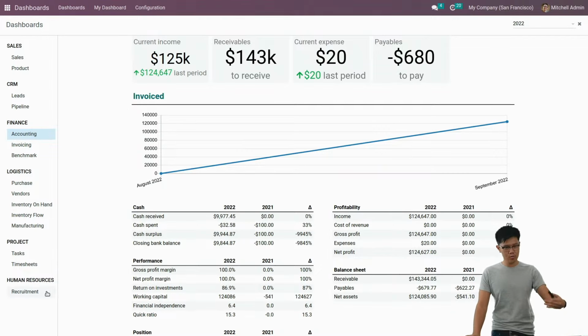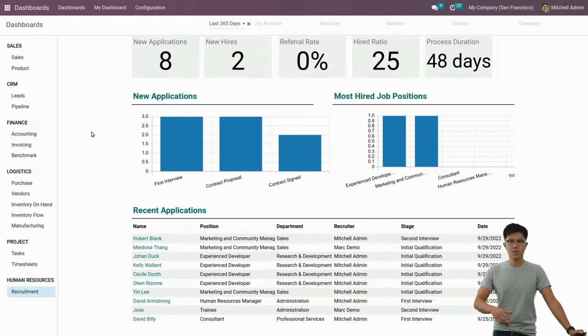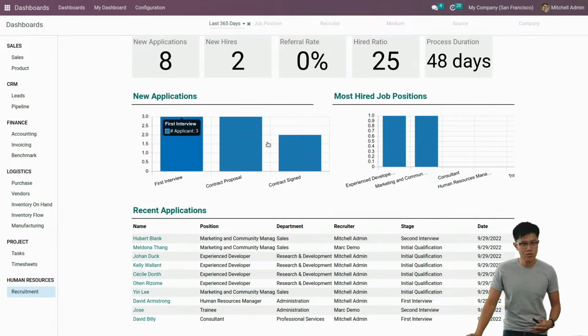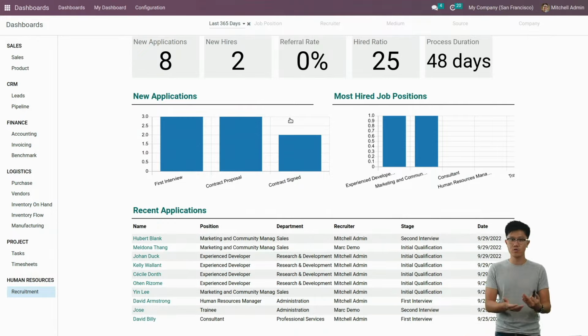Now let's jump into the recruitment one. We were interested in this one. And we'll see on the top some cards. Those cards are just gathering some KPIs for you to see. So you have the number of new applications, the number of new hires, the hired ratio, and so on. You also have some neat graphs here that shows you the new applications and also the different stages in there. How many applications are still in the first interview, how many are still in the contract signed, and so on,